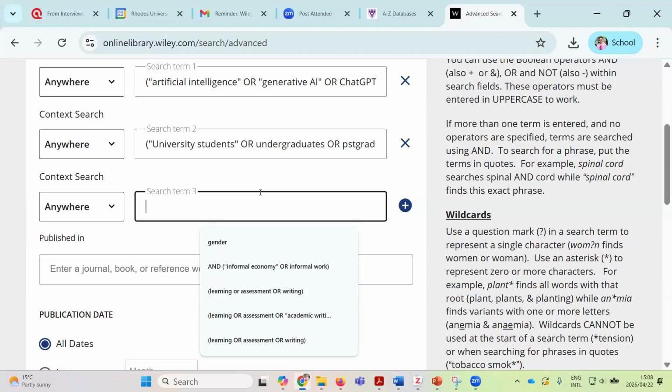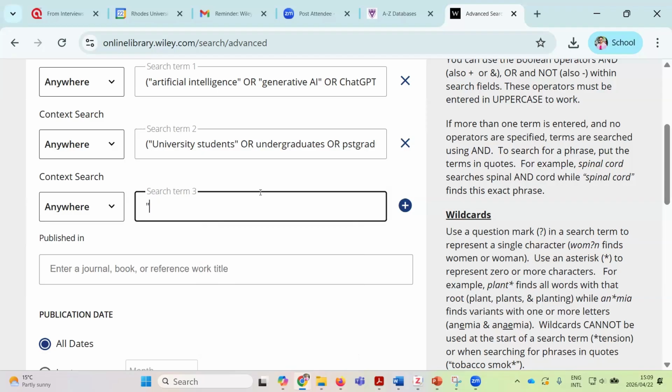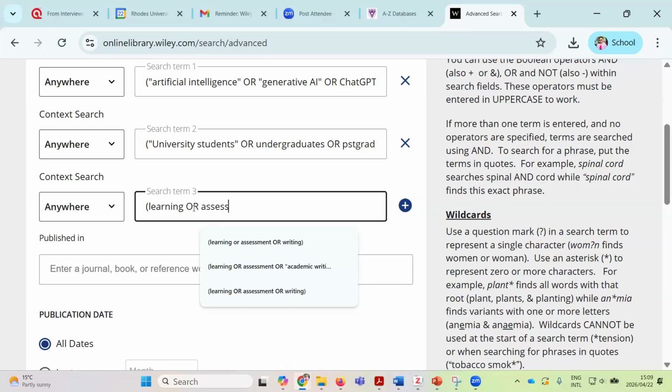academic writing. So you can also expand on that if maybe you want to look at or encompass student performance or pedagogy. So those are search terms that you can also include as part of your advanced search. So I'm just going to type in learning. Just want to remove the phrase searching there because learning is one word. Learning or